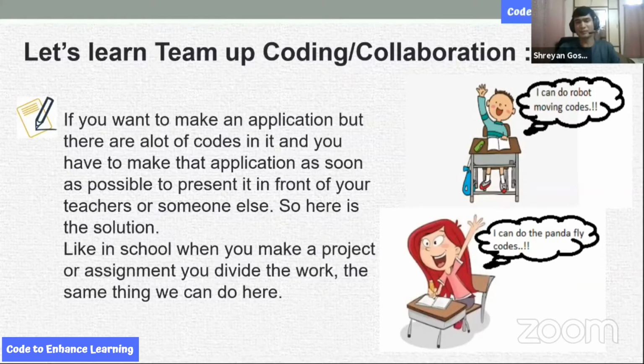If you want to make an application, but it is a very big application, and you have to make it as soon as possible to present it in front of your teacher or someone else who maybe wants that application, then to do it as fast as possible, you would like to work with other people. Pocket Code allows us to do something like that, where you can divide the work through this functionality